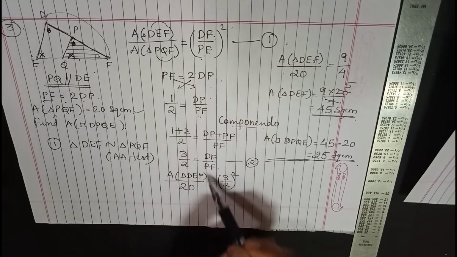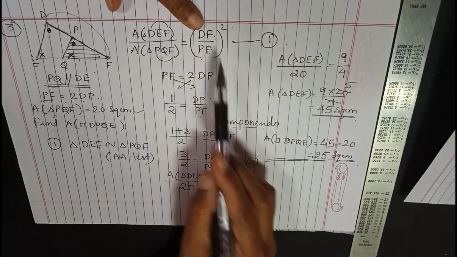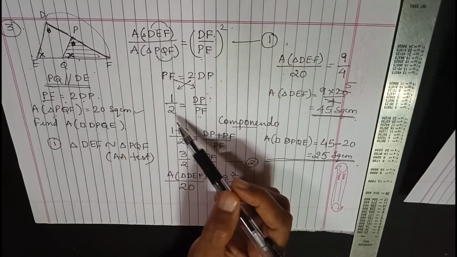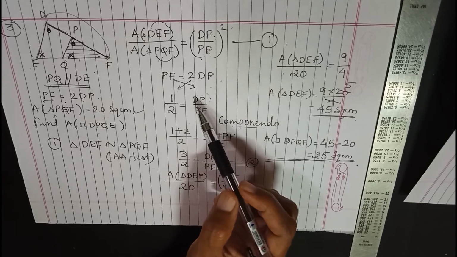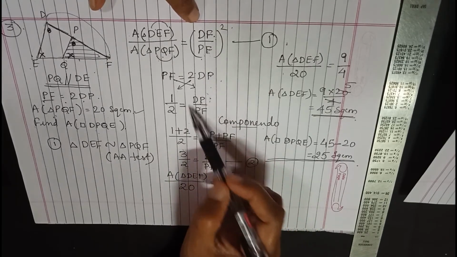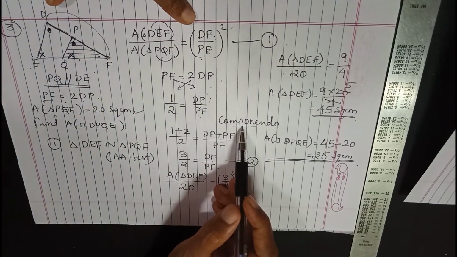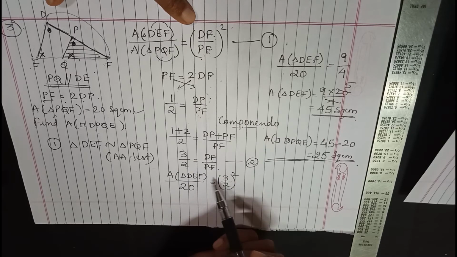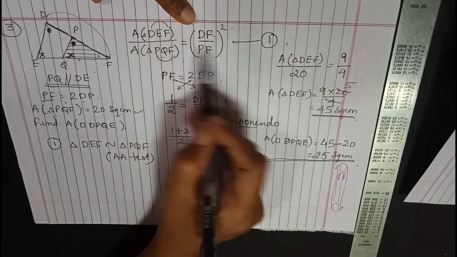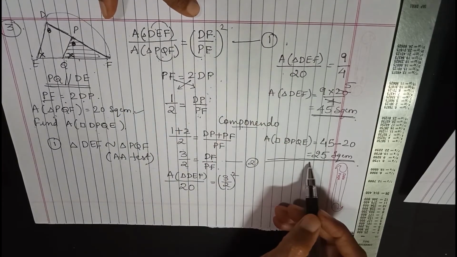Right, so in the previous video I have also shown how to bring the given ratio to the form that we want if it is not given directly. Sometimes the ratios are given directly, so they can be used directly in the equation, but sometimes it is given in a part form, like it was given here, DP instead of DF. Then we use componendo and get it in the form that we want and just substitute it in the equation that we have earlier obtained to get the final answer.